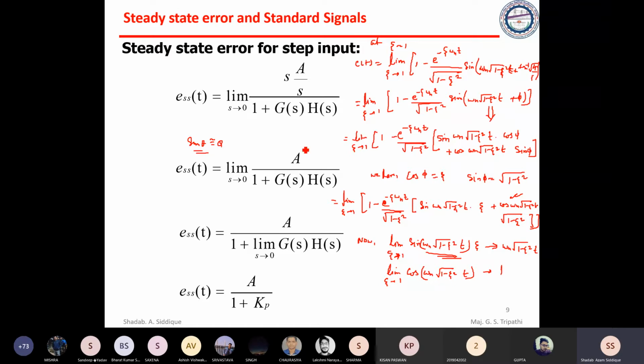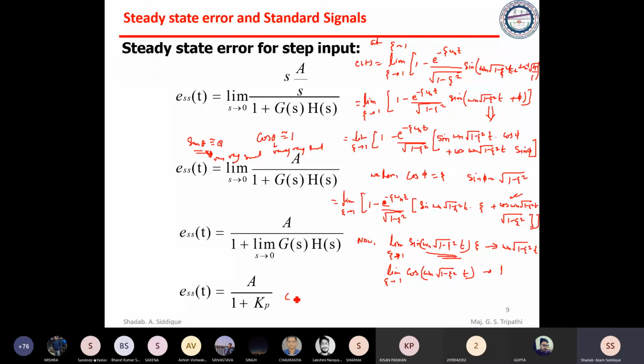So cos theta is equal to 1 if theta is very small. I hope you understood. If theta is very small, then sine theta is equal to theta, and already you know this from the trigonometric identity. Now I'll substitute these two terms in this equation, and we'll try to find c of t again.